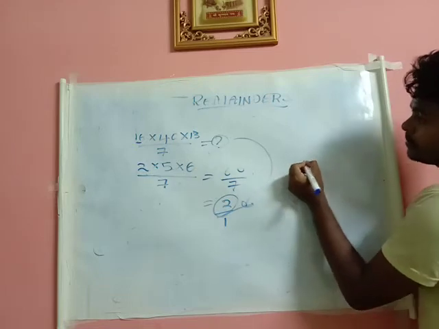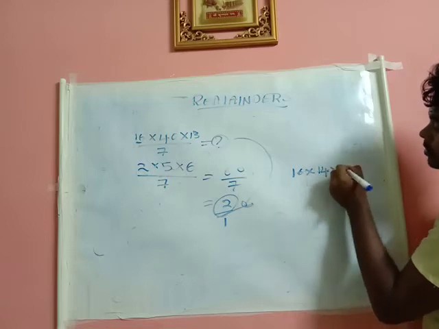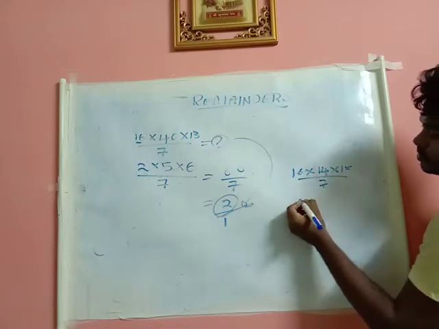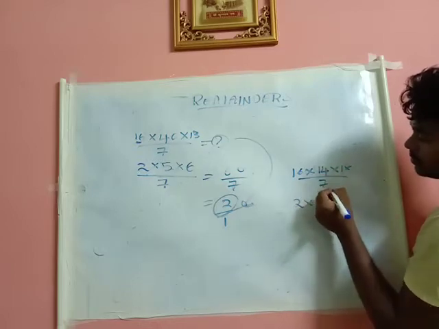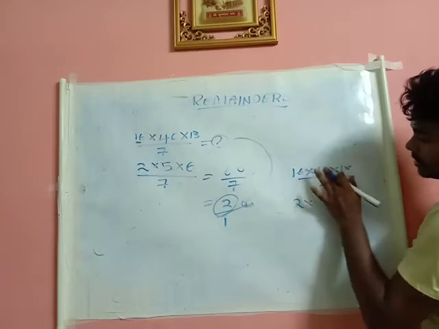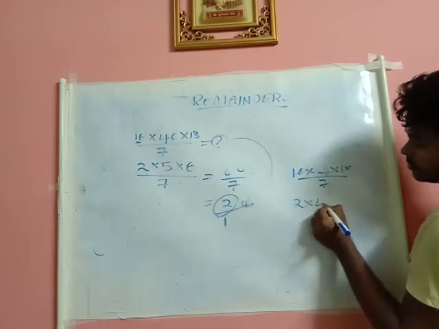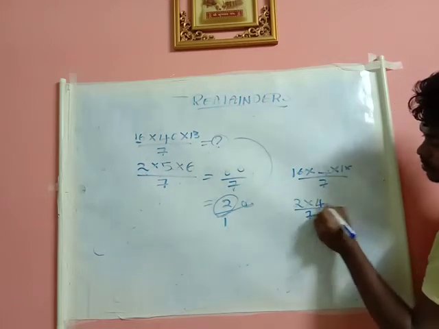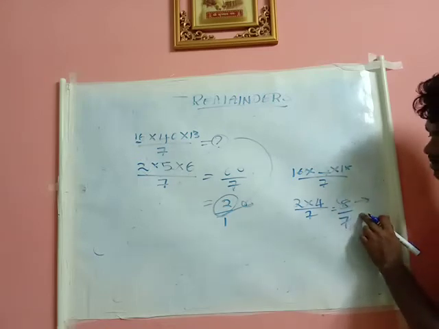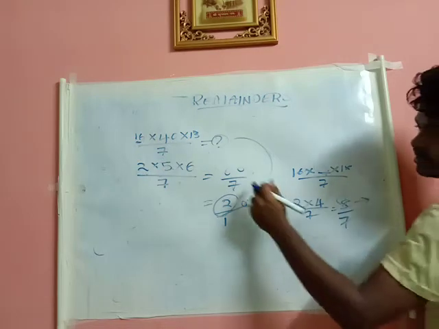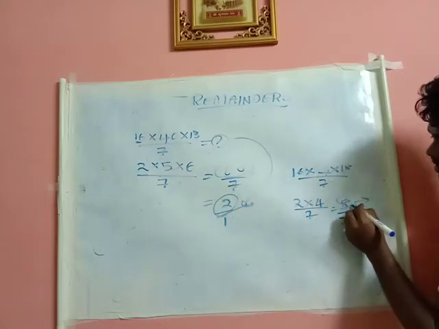So if they ask a similar question, like 14 into 18 by 7. 7 2s are 14, the remainder is 0. So you just neglect this, you will be getting 0 now. You should not get 0. Now 18 by 7, 7 2s are 14, the remainder is 4. 2 4s are 8, 8 by 7. So 8 is the remainder. Always the numerator, whatever answer you got in the numerator is the remainder. See here 60 by 7, you cannot tell 60 as the remainder because we can divide 60 by 7. Now here we cannot divide 8 by 7.